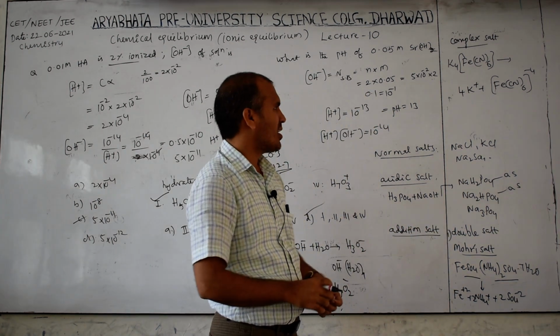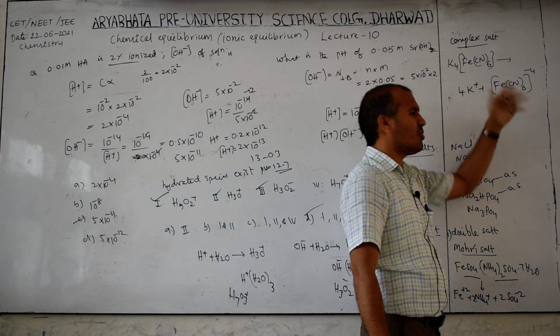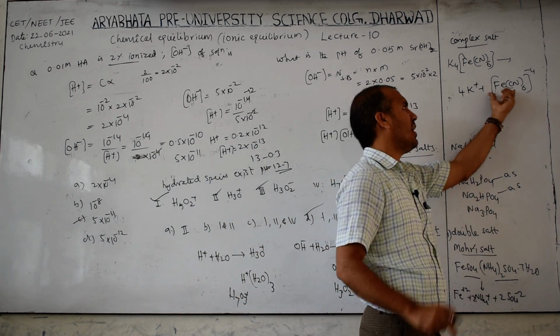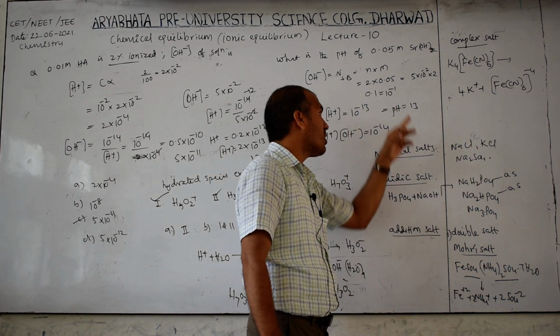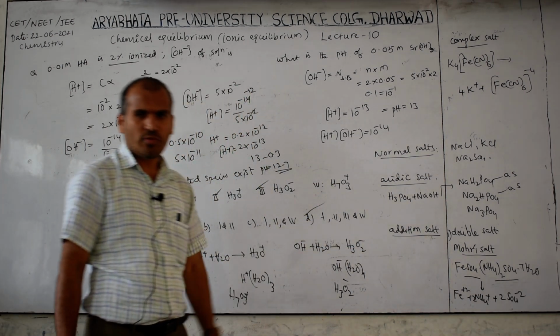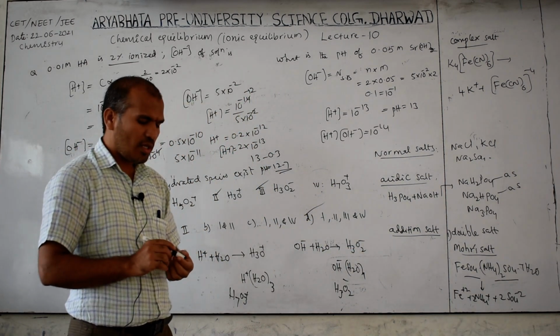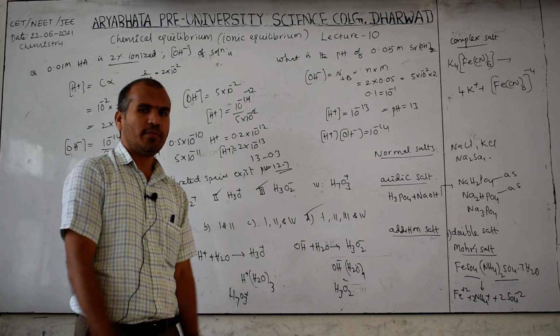It does not give all the ions present in it. If you do salt analysis, you will get the K+ ion test, but there is no Fe ion test and no CN- ion test. It is a totally different ion test you will get. So double salts and complex salts are addition salts. Now, based on this, we have salt hydrolysis. Keep in mind, salt hydrolysis formulas are very important.